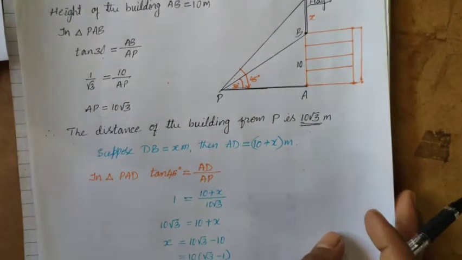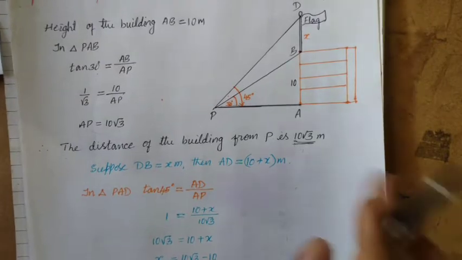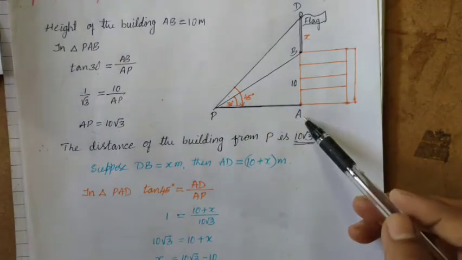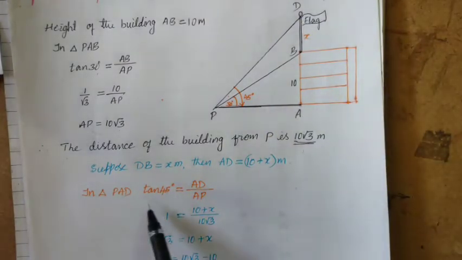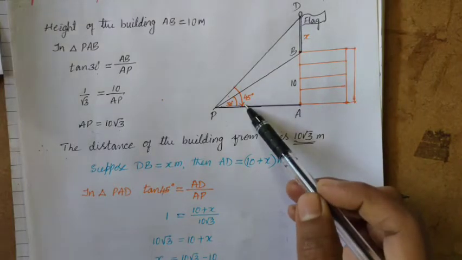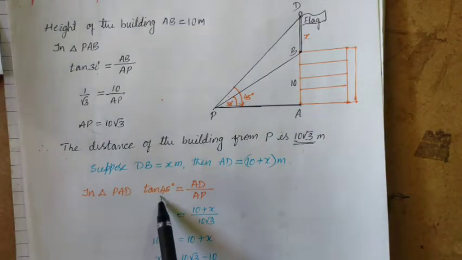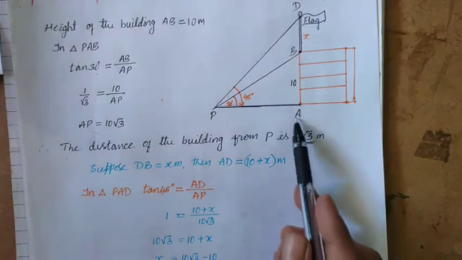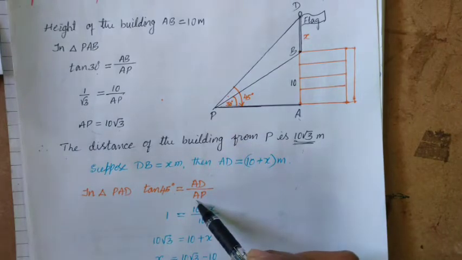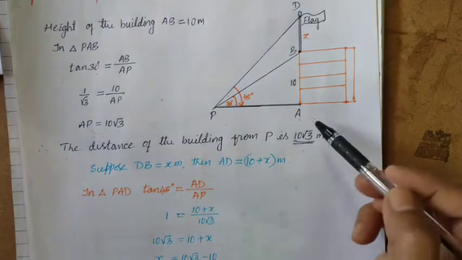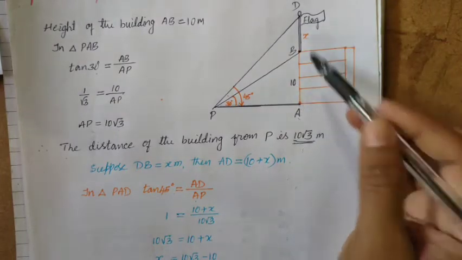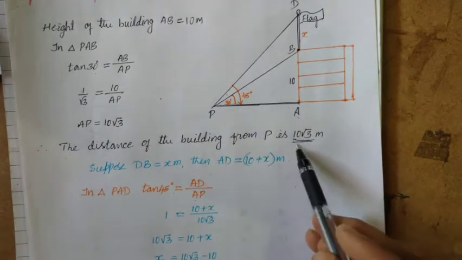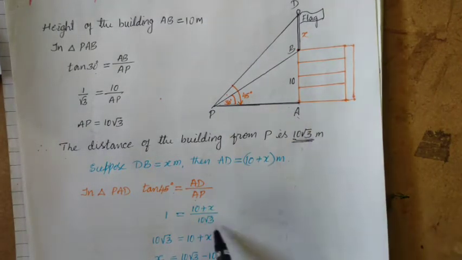So now observe this one. Now I select this triangle APD. I select the triangle APD or PAD. So in triangle PAD, the elevation will be 45 degrees. So write tan 45 degrees is equal to the opposite side AD divided by AP. So what is AD? Yes, it is in the figure. AD is nothing but 10 plus x, right? 10 plus x. What is AP? I already found out. That is 10 root 3, right? 10 root 3 as it is.